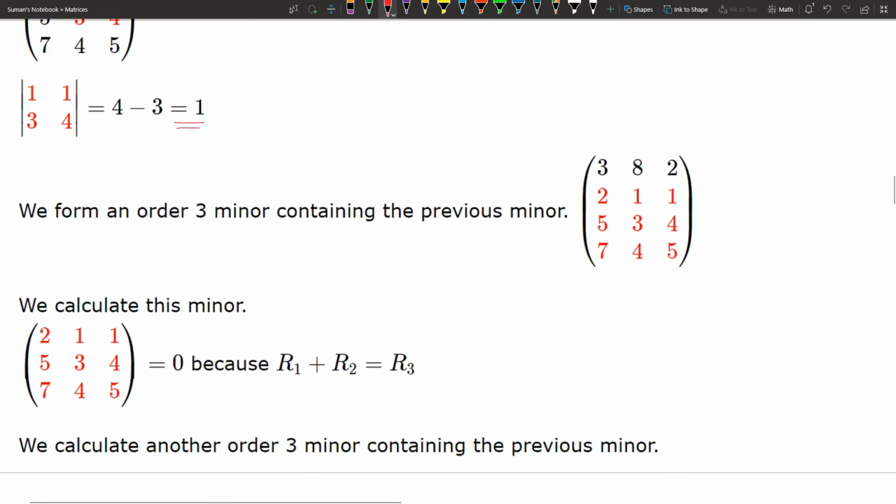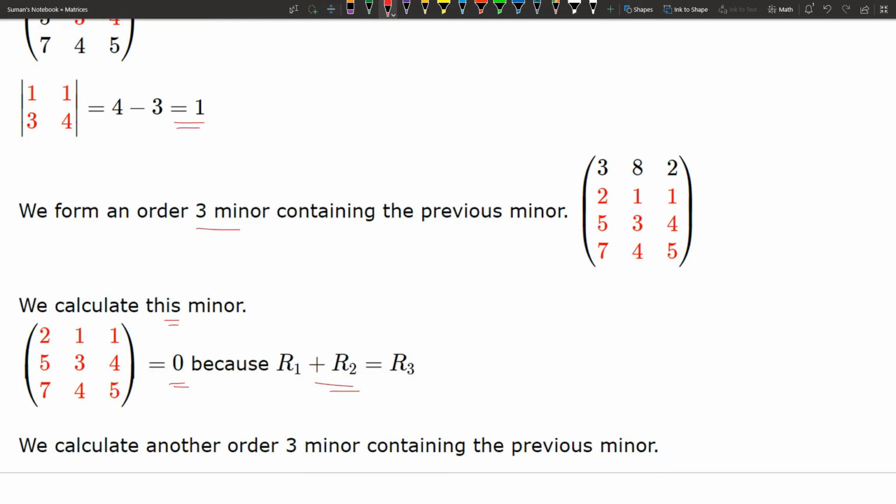So we form an order 3 minor containing the previous minor. That means 1 1 3 4 and now 2 5 7, 4 5 1, 3 4 1, 4 5. So using red color we have pointed the 3. Now we calculate this minor and we get the result as 0 because R1 plus R2 is equal to R3.